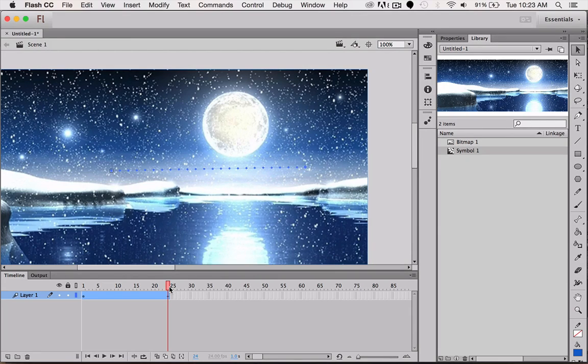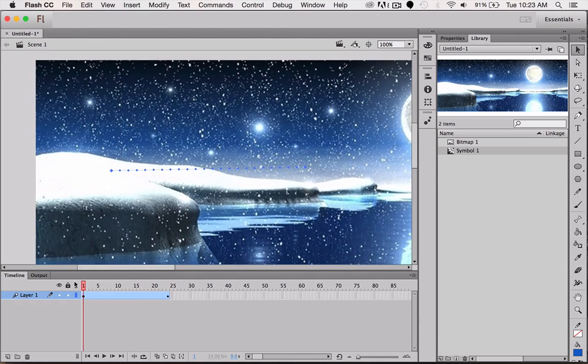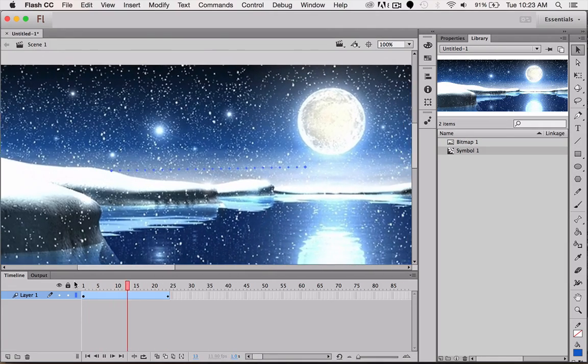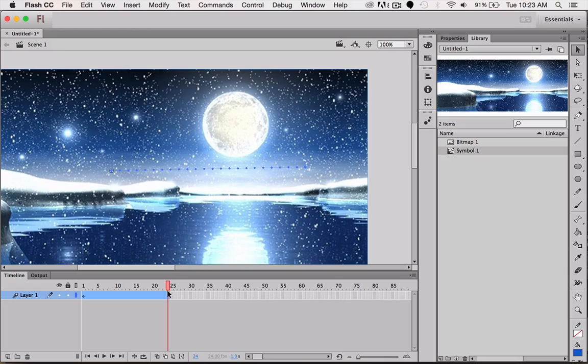You might want to zoom it from big to small or from small to big or move it from left to right. But this represents 1 second of animation. So if I press the return key, you can see that's moving pretty quickly. So I want it to last 3 seconds long. And it takes this playhead 24 frames or small rectangles to equal 1 second. So if I want this to be 3 seconds long, I'm going to drag this over at about 75. That is a good